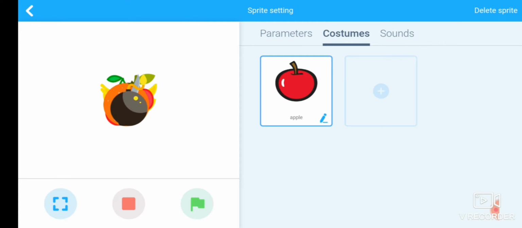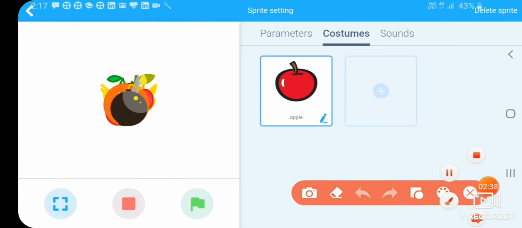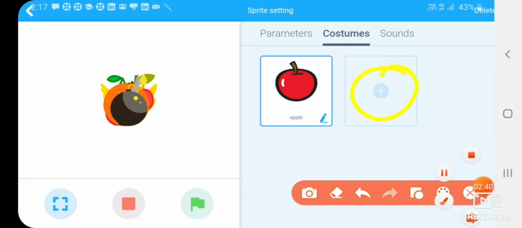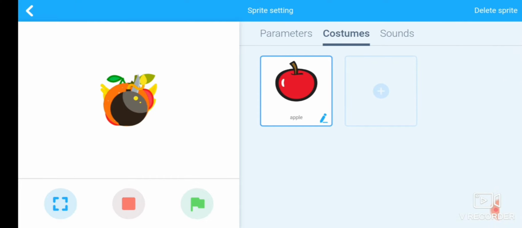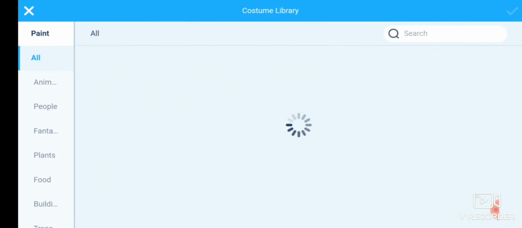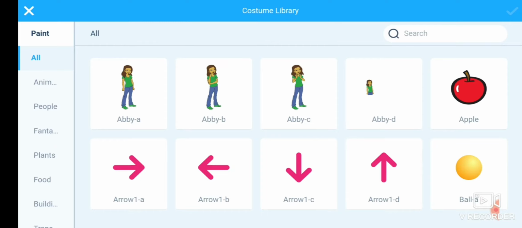Now we will add another apple costume by clicking on this plus sign. This one plus sign. Okay. Use another apple sprite here.